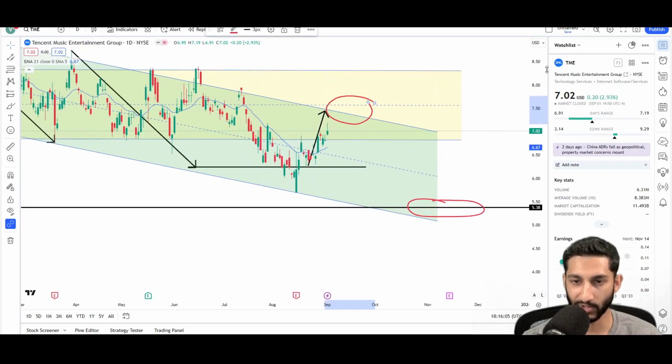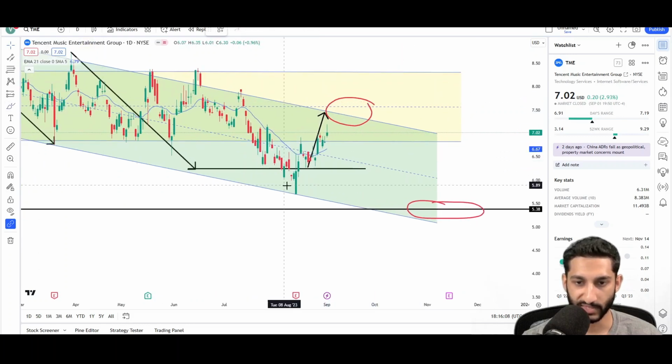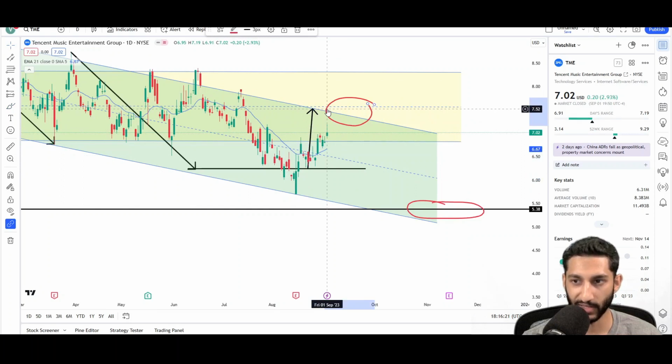It looks like bulls are trying to get up there. Since we hit the one side of the channel, price is trying to reach the opposite side. That's trend rules or channel rules. This was the impulse up right over here that this arrow represents. Price pulled back. This is the second impulse targeting the 752 level. So right now it is on its way, and I can put this trend line right over here